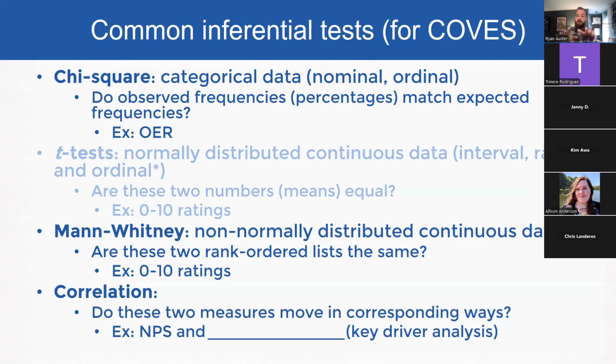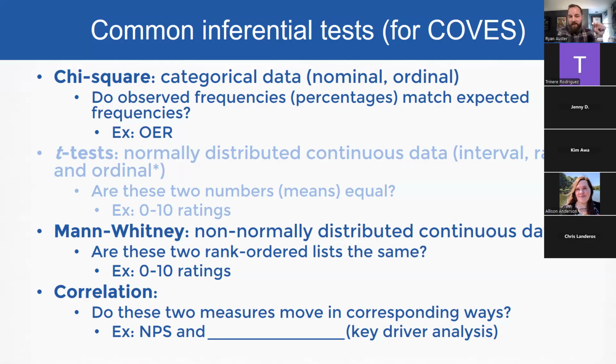And then many of you in the planning survey talked a lot about correlation. So correlation is the pattern with which two measures move together. The key driver analysis on your dashboard is a correlational matrix. It examines net promoter score and several of the other 0 to 10 ratings to see if they move in the same direction. Can one predict another? A correlation is an example of a simple regression, a simple linear regression, in which one could predict another. If two things had a perfect correlation, they'd be repetitive measures. So the question is, can we understand correlation to try and do predictive analysis? And I will say here that predictive analysis is very complicated, and I'll have an example at the end of these slides to illustrate that.